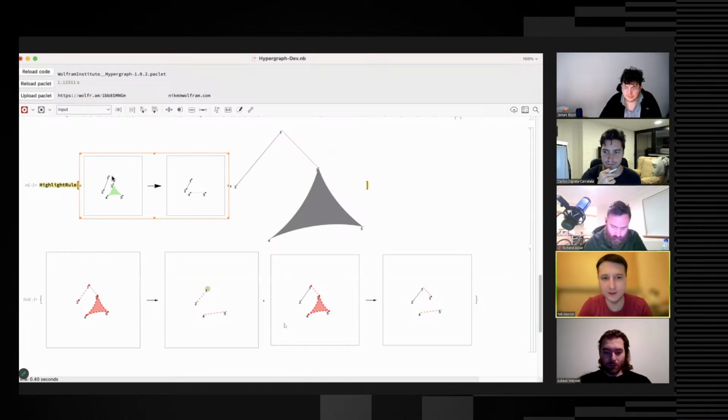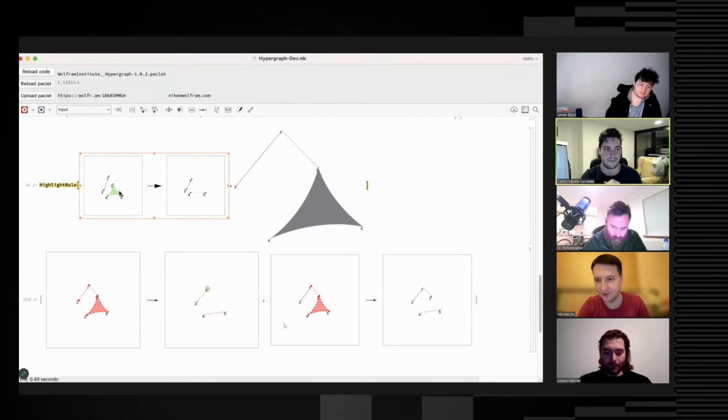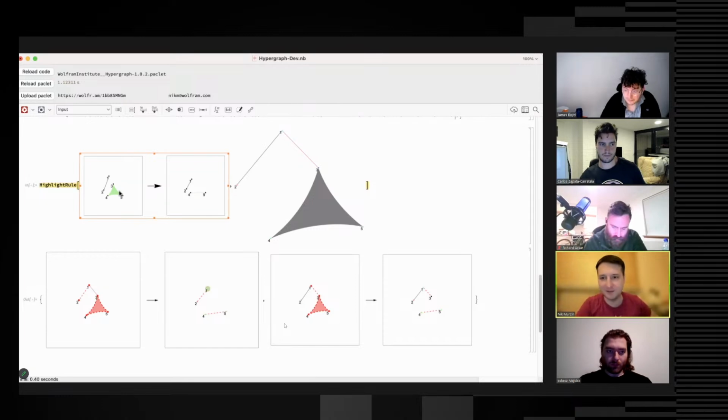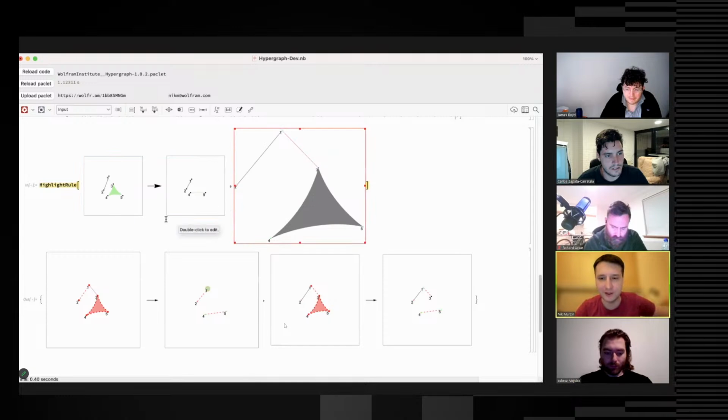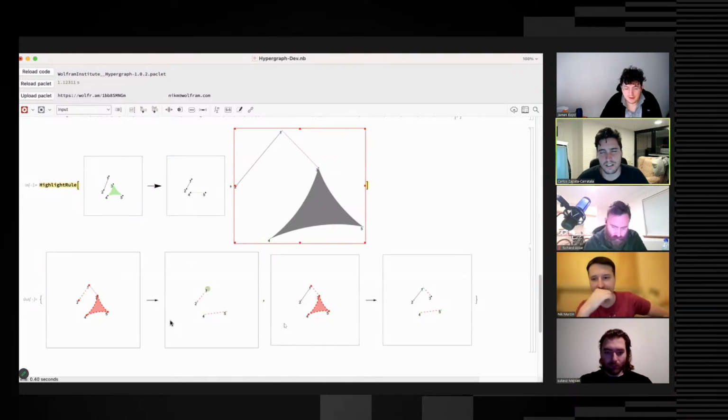Makes perfect sense. So the labels on the rule are completely arbitrary. You can assume that they're variables, like x, y, z, that you bind to some other vertex on your input hypergraph. So I guess then the rule is strongly tied to the edges, right? This is what we discussed before. It makes sense, right? It's more of an edge rewriting rule, not so much a hypergraph rewriting rule.